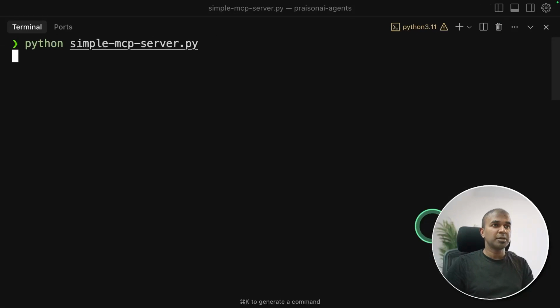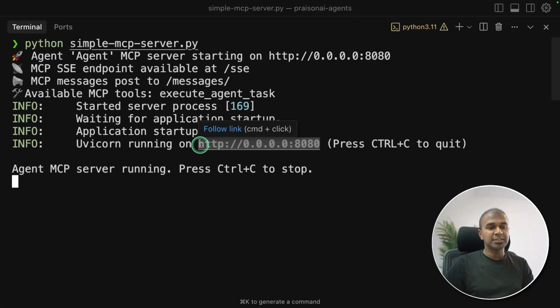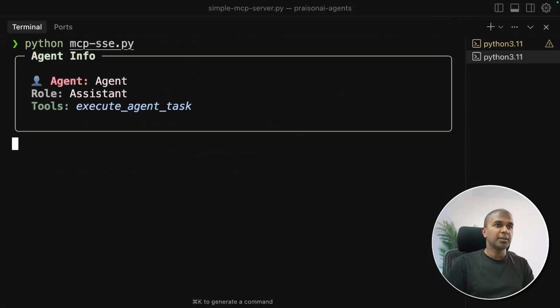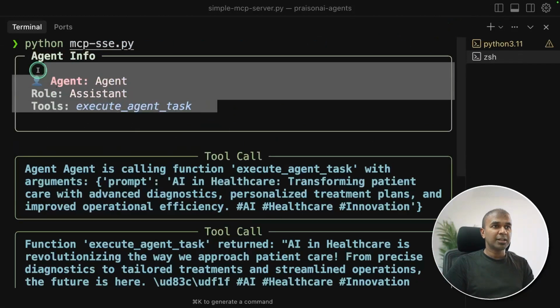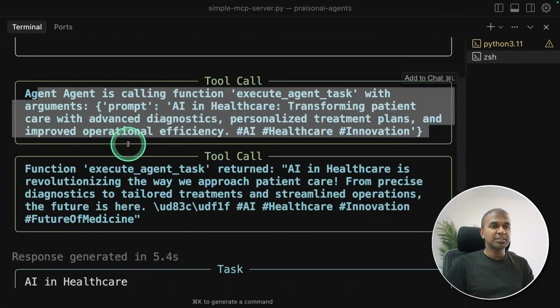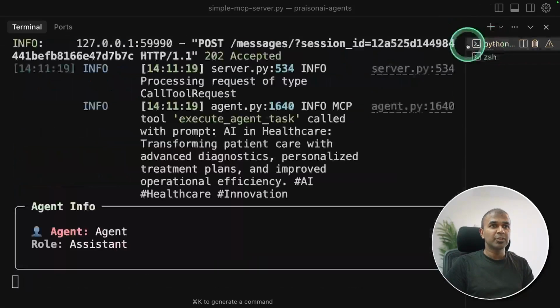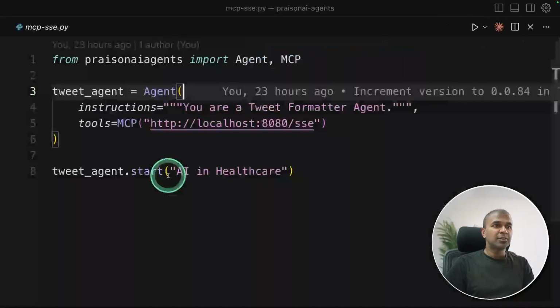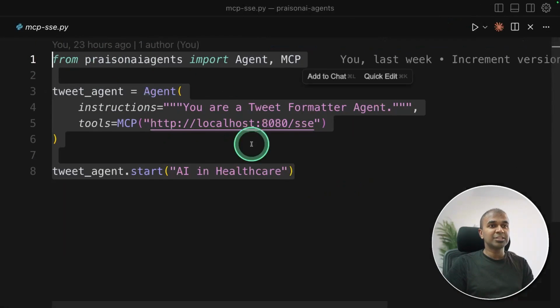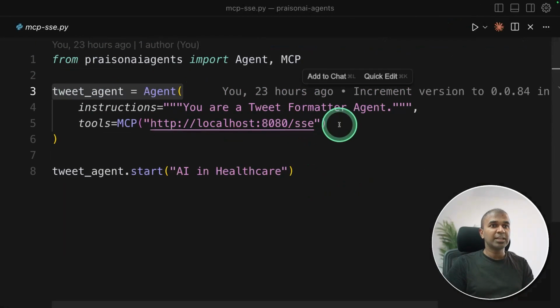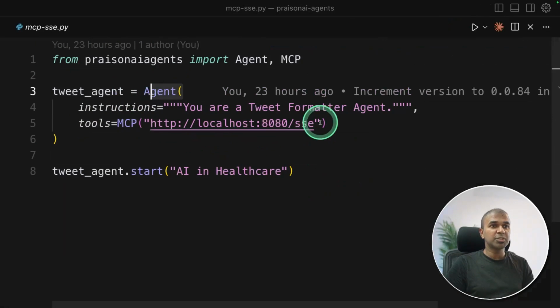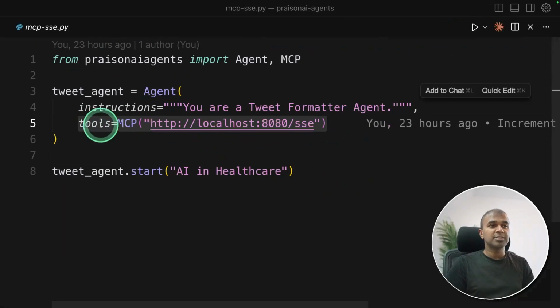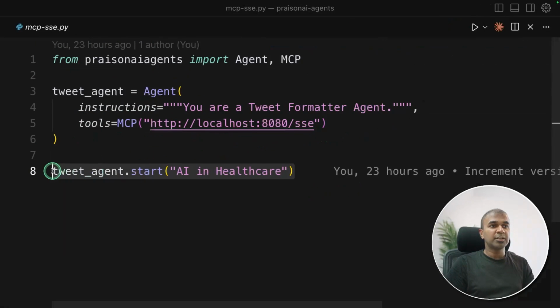So just running that on my terminal, and you can clearly see the agent is running in this URL. Now we need a client, opening a new terminal and running the client. And you can see it's calling that agent and getting the answer. So the client agent is calling the server agent and finally giving us the answer. You can also see the request here in the server. So if you want to see the client code, again, this is just 3 lines. Here is another agent having access to the other agent URL. Using this URL, this agent is going to call that, get all the list of agents passed as tools, and then providing a task to that agent.